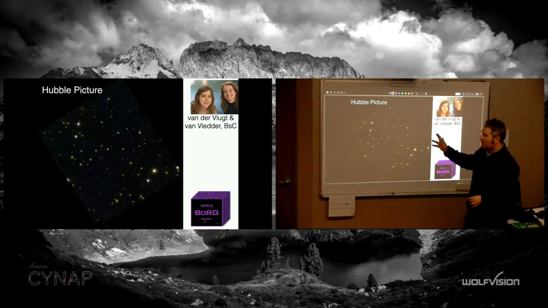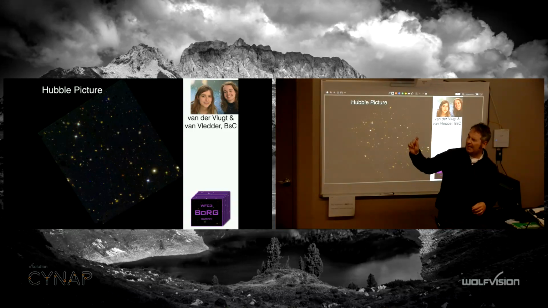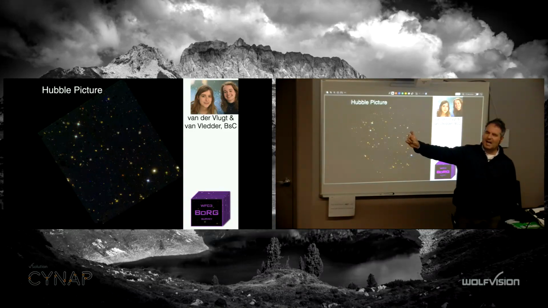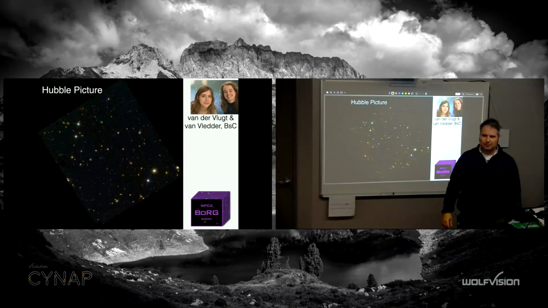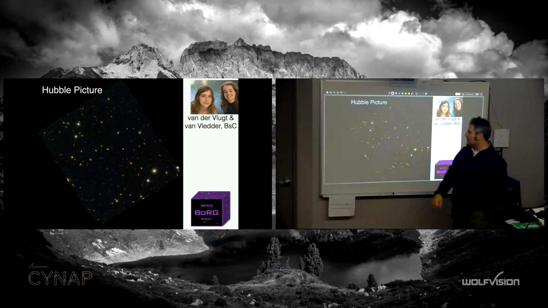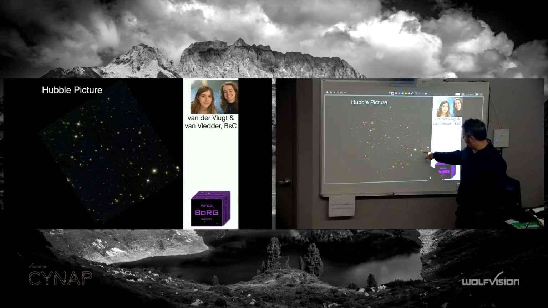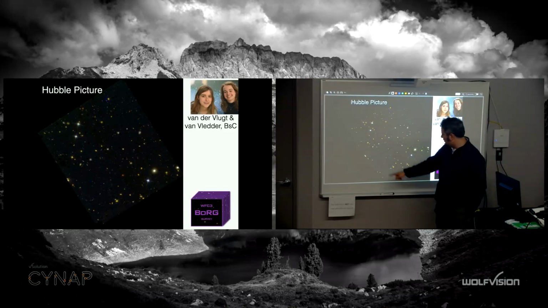You have a Hubble picture, and a Hubble picture is tiny. George Washington is on the quarter, right? If you put a quarter at arm's length, George Washington's eye is the coverage of Hubble on the sky. That's how big a chunk of the night sky Hubble actually takes a picture of. So that's tiny. This whole thing is literally in George Washington's eye, and then you go, oh look, there's 1 star, 2 stars, 3, 4, 5, 6, 7, 8?